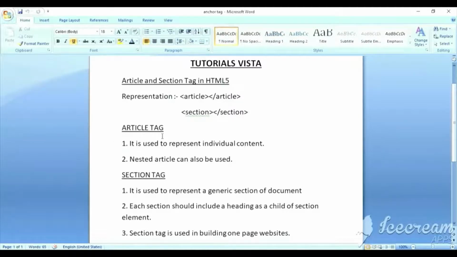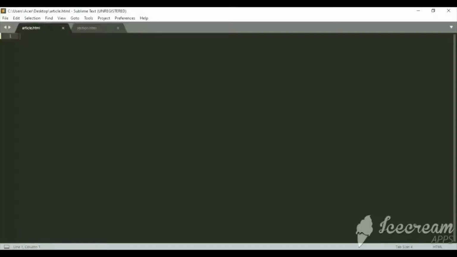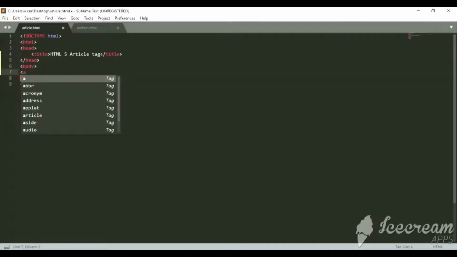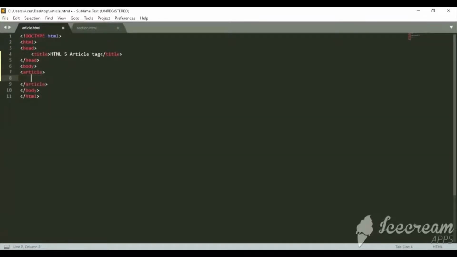Let's first see the coding of this article tag, then we'll continue with the section tag. So guys, I've already saved this file. Now let us write HTML. I'm going to give article. Here I'm giving a header.